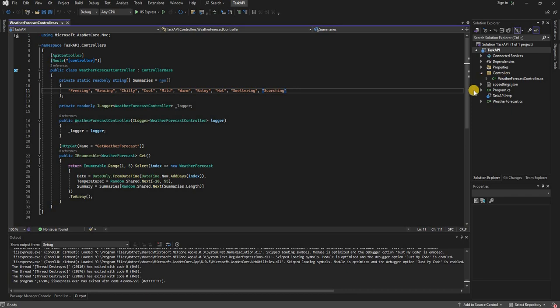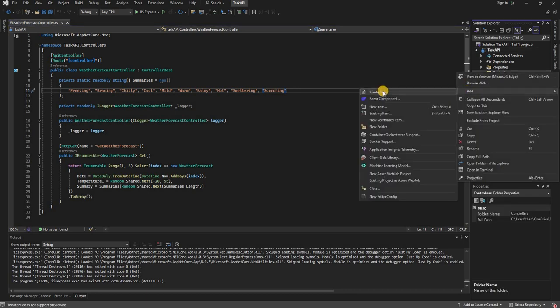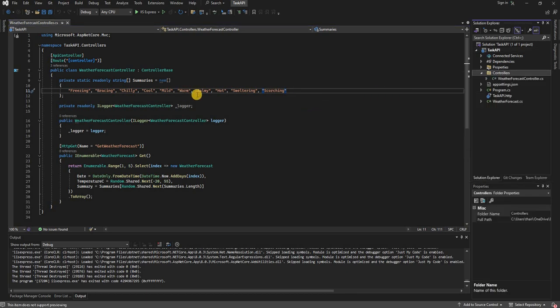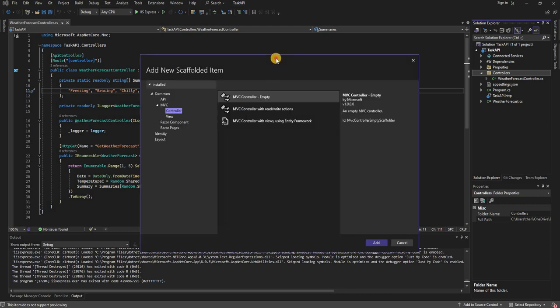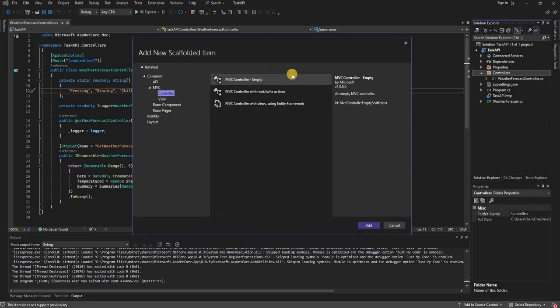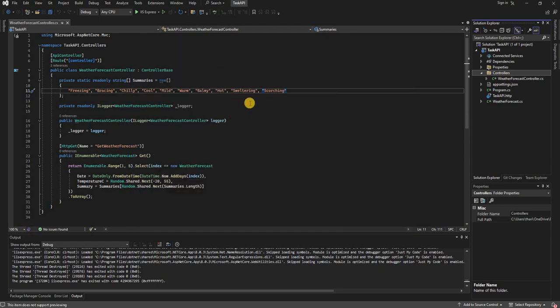Like guys, we go to Controllers, right click, Add, Controller. In here, when we add the controller, by default they give a template for us. So we can edit this template, or otherwise we can take an empty one. So likewise,